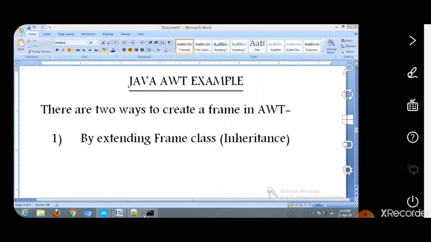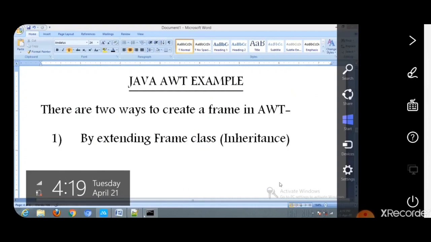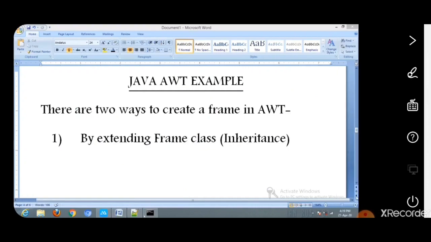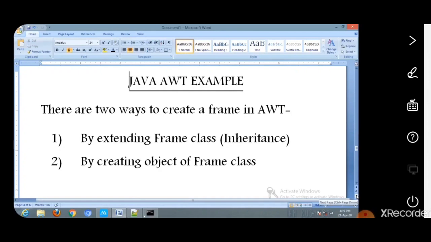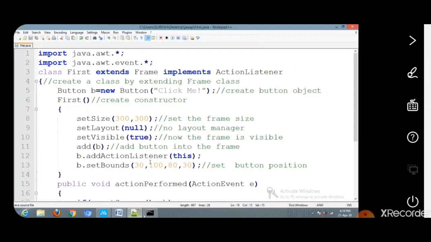Okay. Now let us see another way to create the AWT frame. The second method is by creating an object of the frame class, and this method is known as association. That is, here we do not have to extend the frame class.